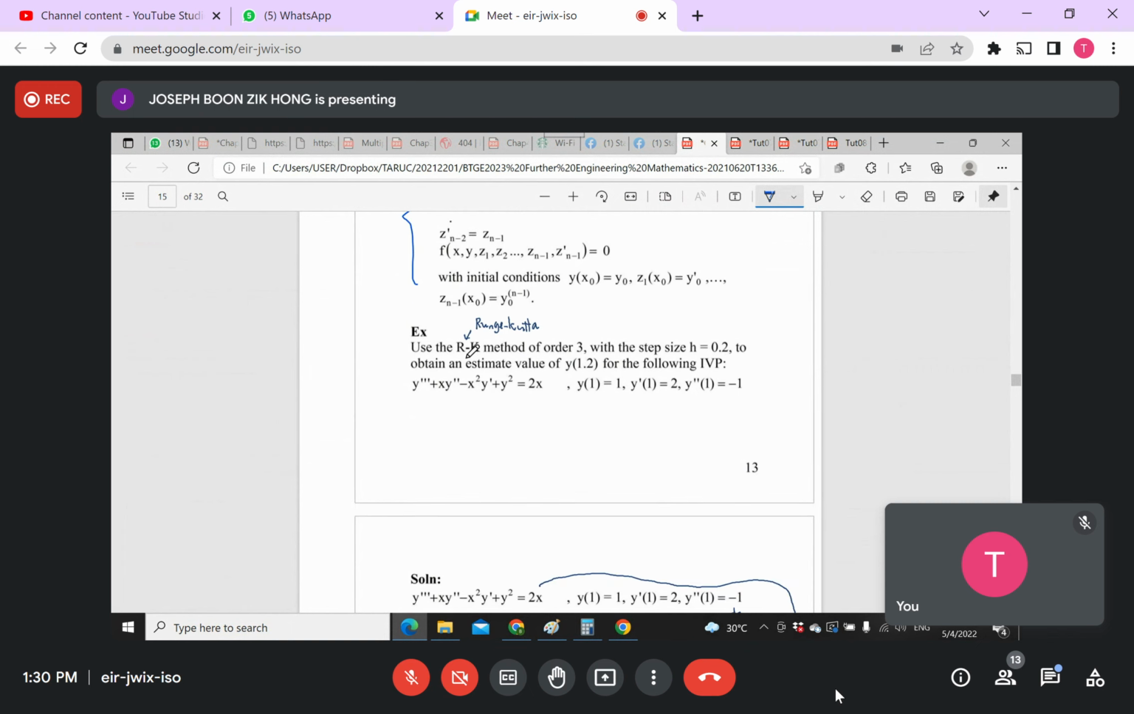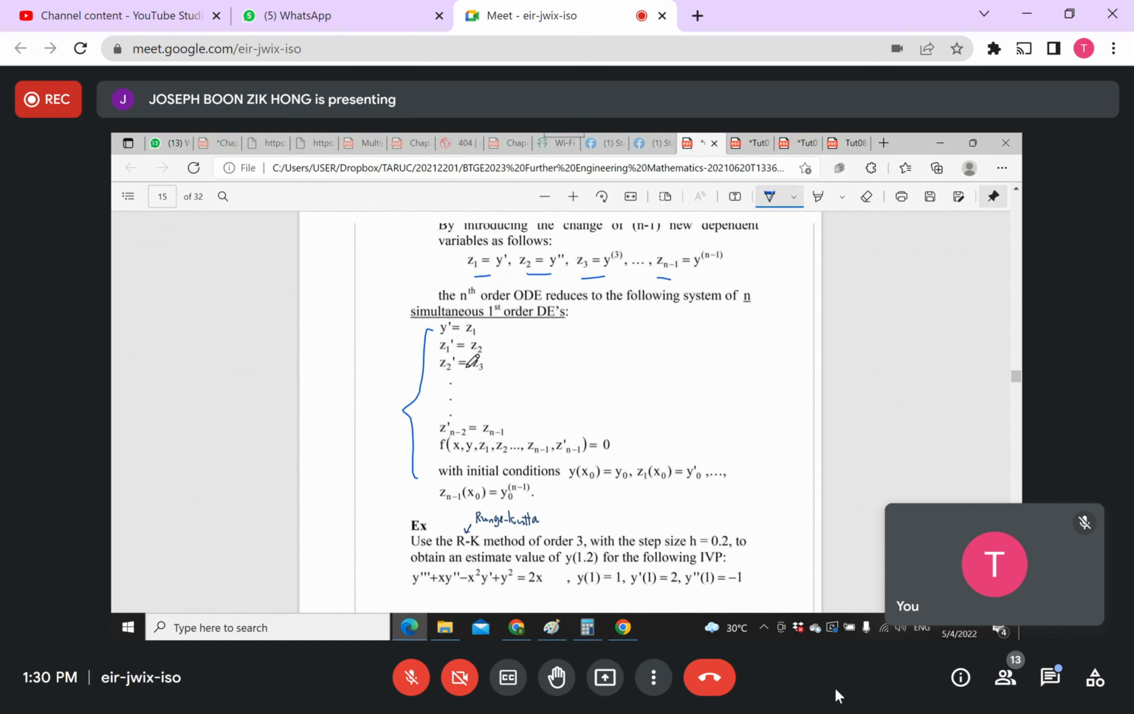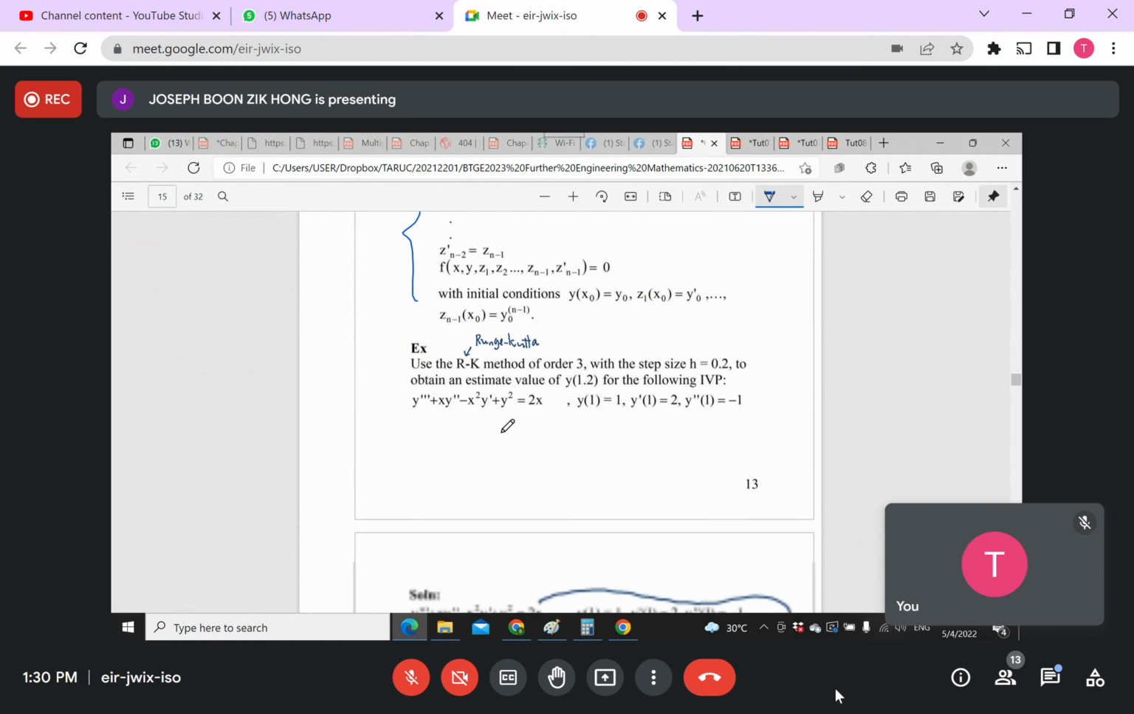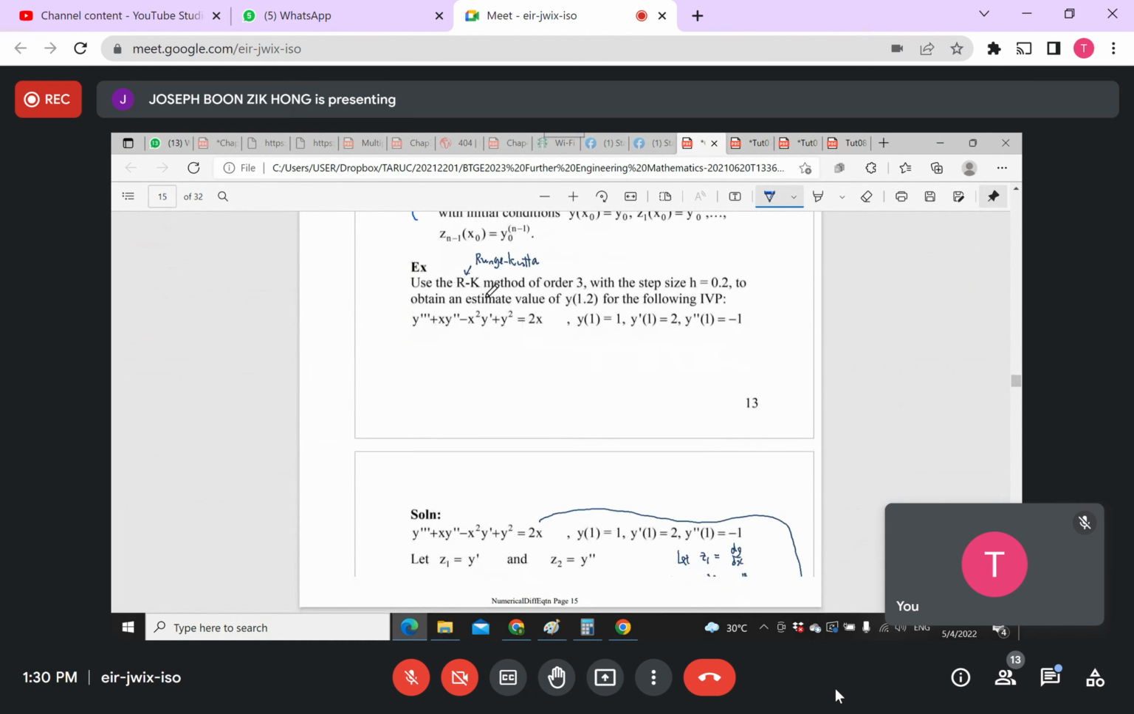Again, we try to use a Runge-Kutta method. What we do here basically is we try to make it into still the first order. Okay, let's see. We want to use a Runge-Kutta method of order 3 with a step size h equal to 0.2 to obtain an estimate value of y(1.2) for the following initial value problem. Okay, so I have this one. So that means now I have